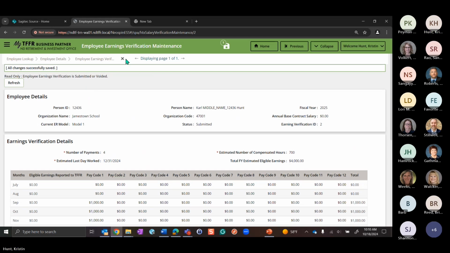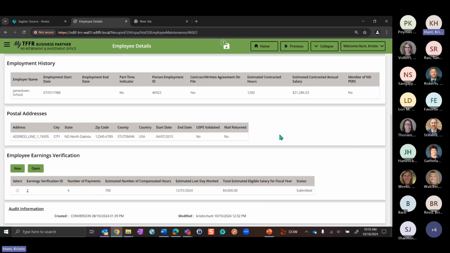Now if I scroll back, I can go back by clicking the X and closing out of it. When we come down into that employee earnings verification, we can see we now have a record here with a status of submitted, with the total estimated salary, estimated last day worked, and so forth.